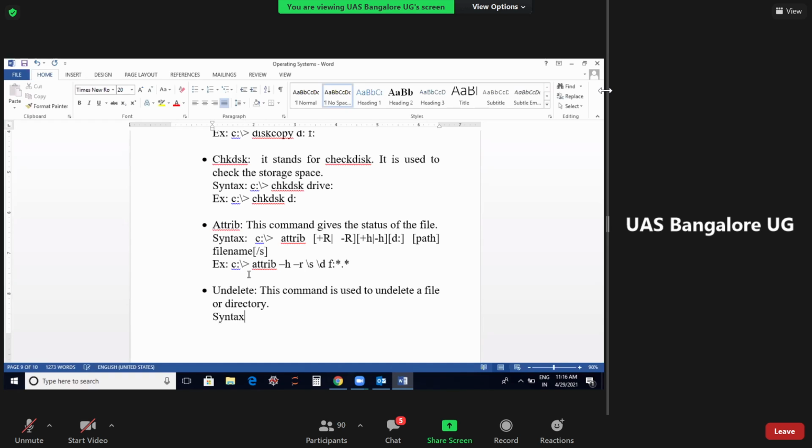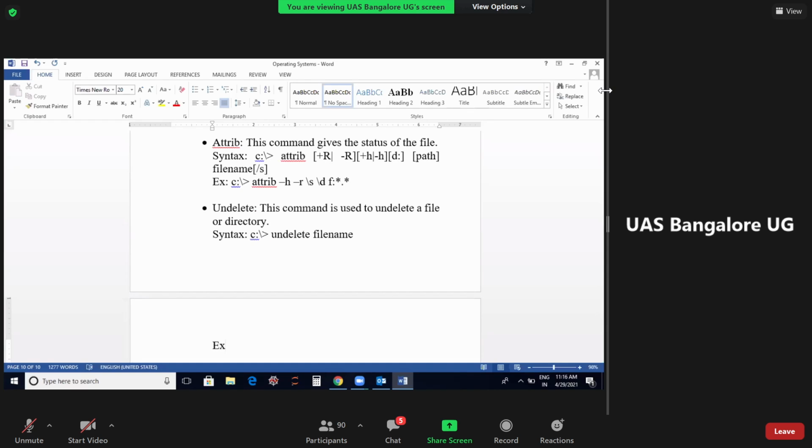So the syntax is C colon undelete file name.